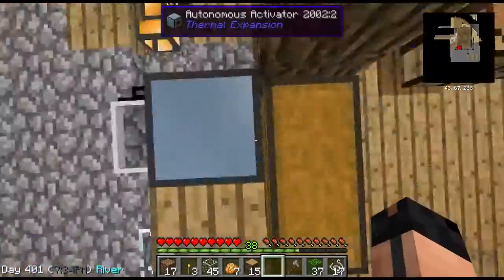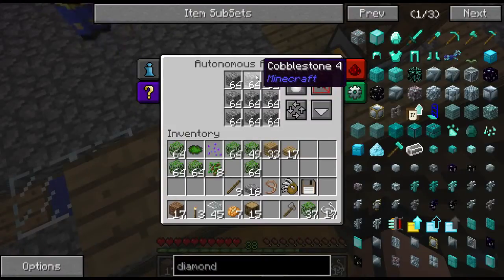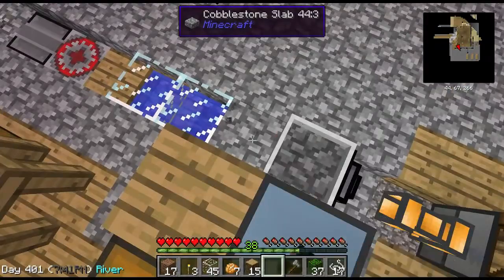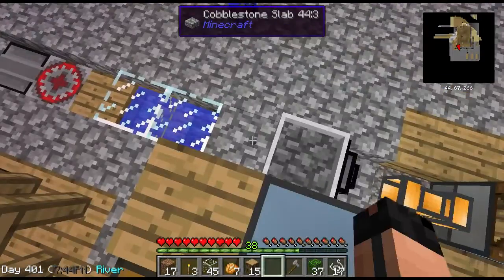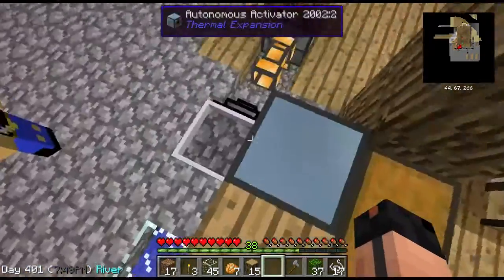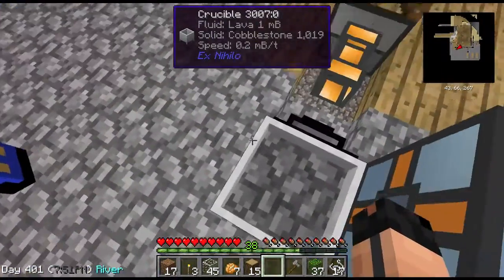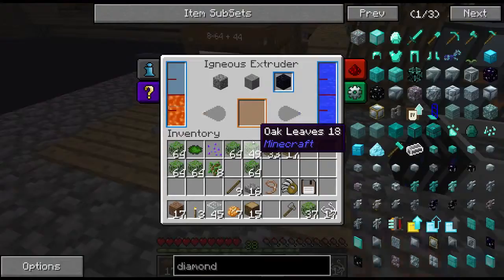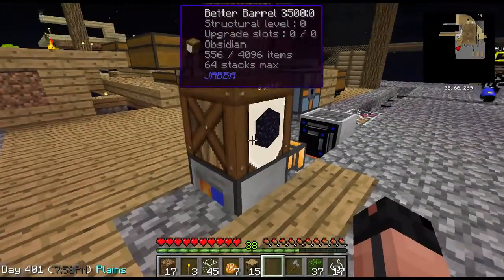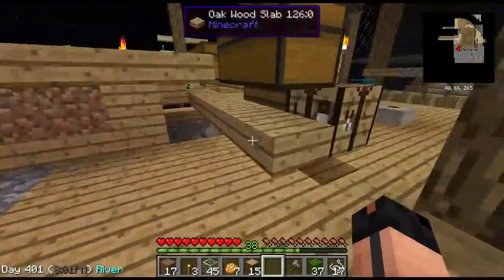Now let's start on the top here. We have the autonomous activator, which is getting supplied cobble from the, what's it called? Cobblestone generator. It's getting cobblestone from the cobblestone generator, so it's supplying itself from that right there, and then pumping it into the crucible, which is then pumping the lava into the igneous extruder. And with lava pumping in there fully, we also have